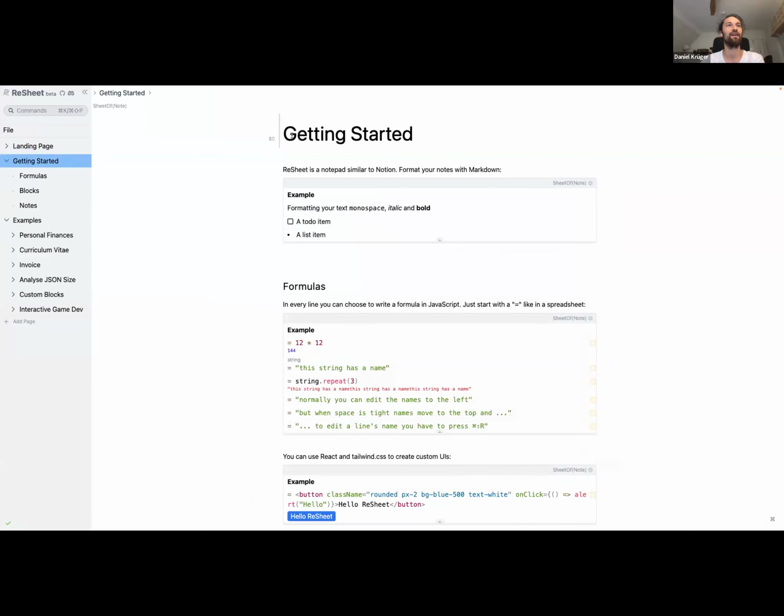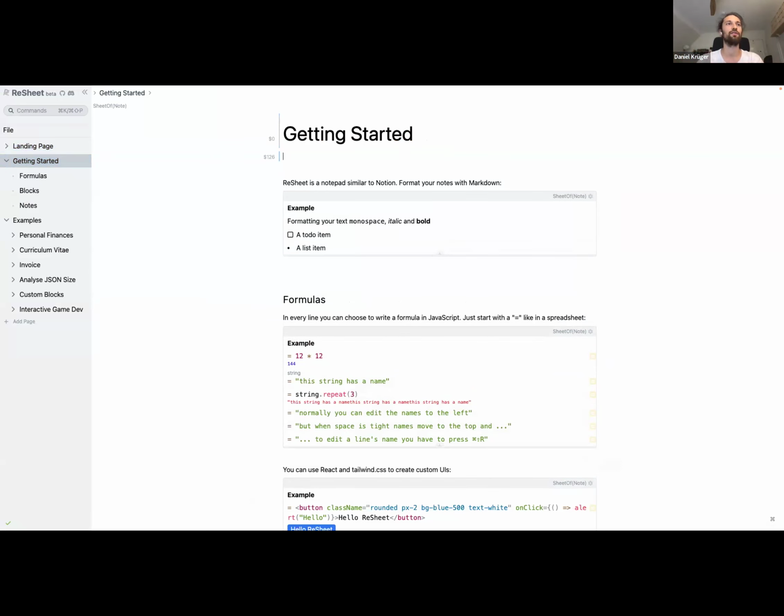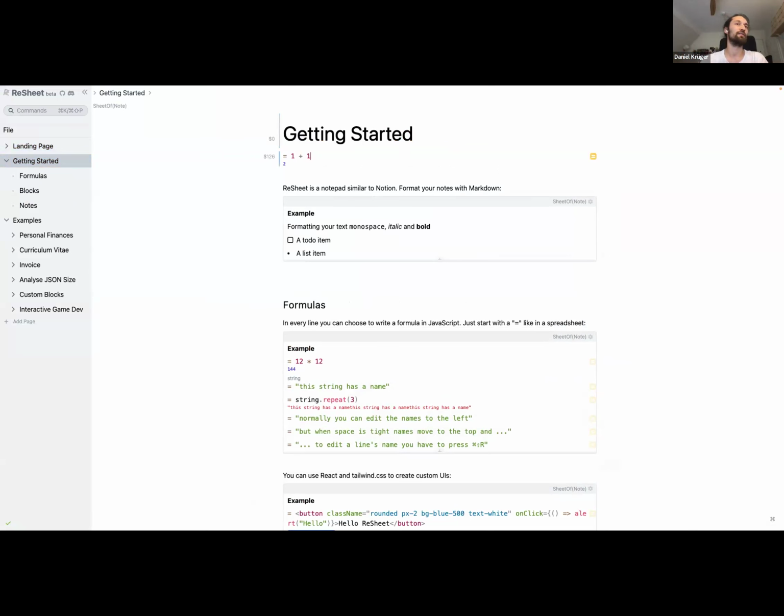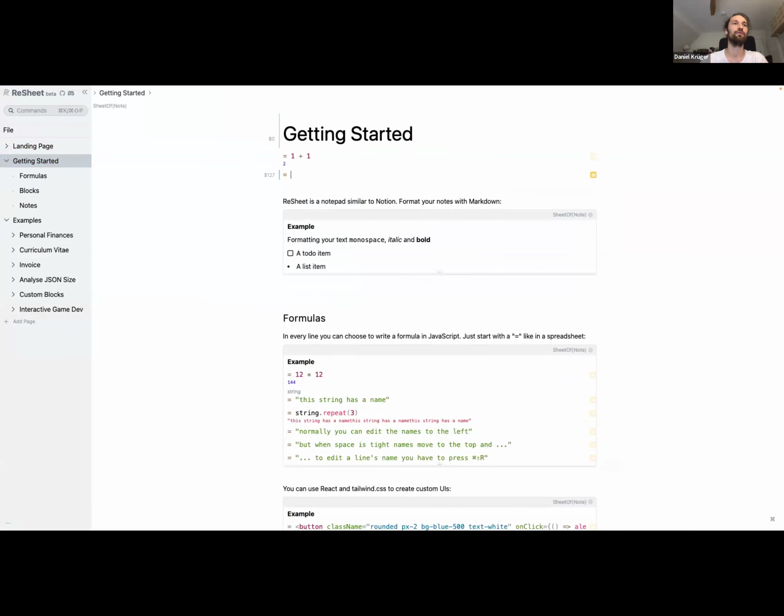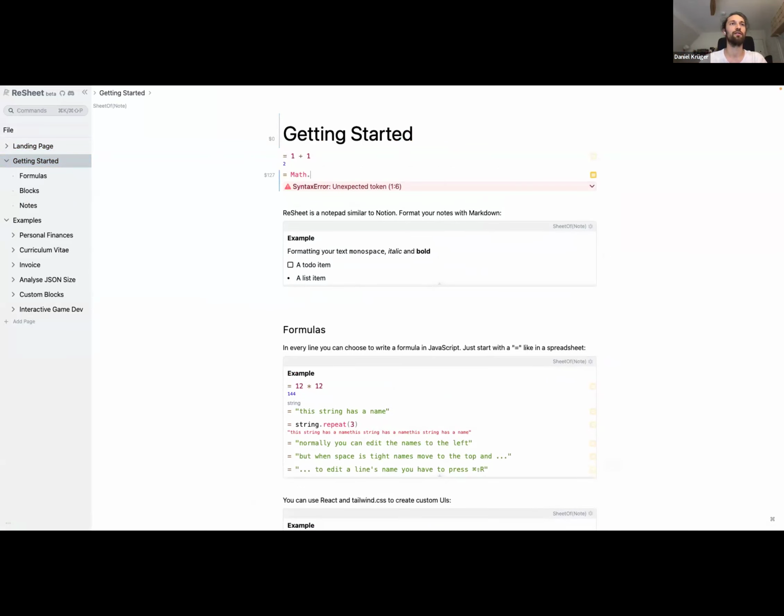It's very similar to Notion in the looks, and it has elements of a spreadsheet. That's why I call it a notes spreadsheet hybrid. You can just type your notes and you can start formulas with an equals, like in any spreadsheet, and you can use JavaScript in there to run calculations.